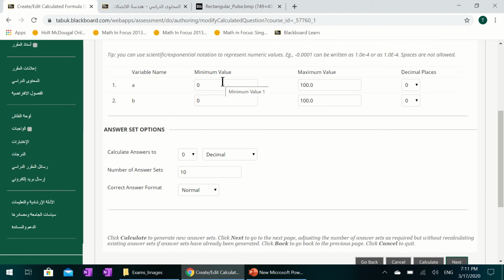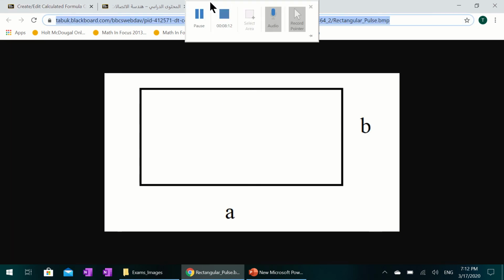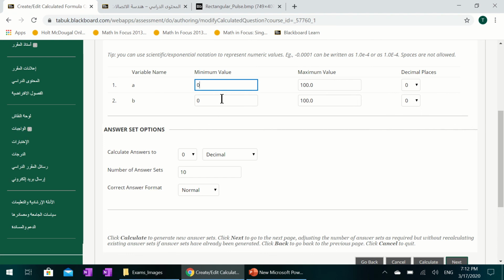Now you have the two variables here, A and B, because they are in a rectangular parenthesis here. What is the minimum value and the maximum value? So for A, what was A? Actually, I forget. A, the length here. So the length should be larger. So I will start from 5 to like 12, and B is from 1.5 up to 4.8, and I may allow like 2